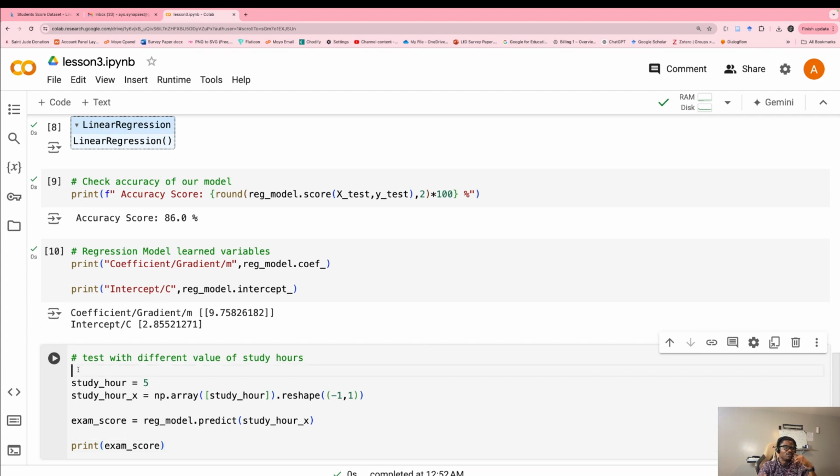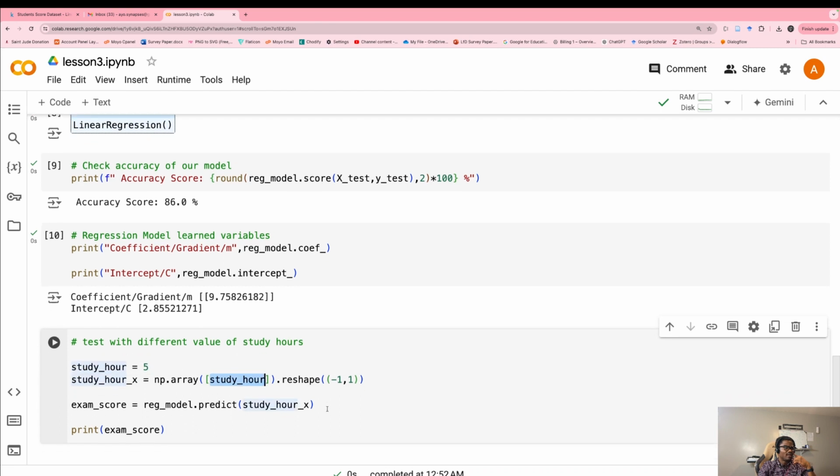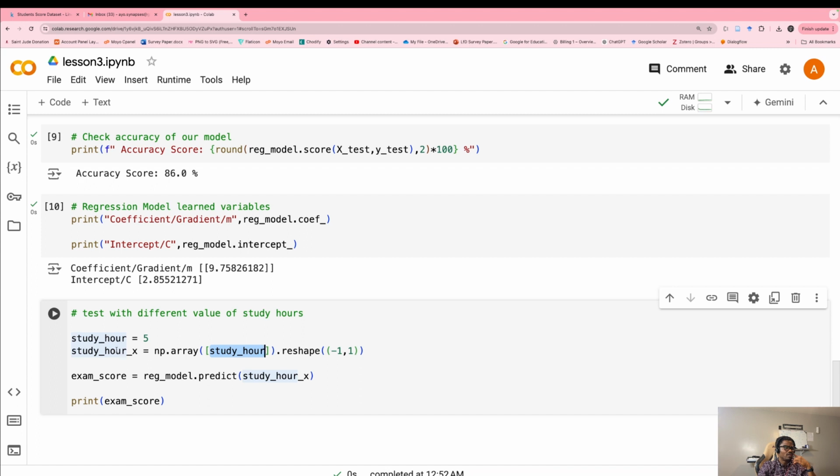So let's assume that you study for 5 hours, right? Then just write this code this way. We put study hours equal to 5, then we put study hours in here. Okay, so then we write this way. When we print this, it tells you if you study 5 hours, what exam score are you gonna have?